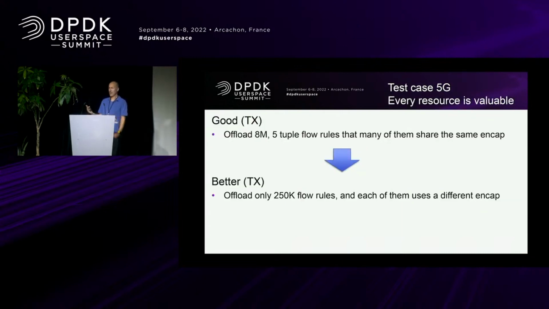Every resource is valuable, and this is a bit tricky. Until now, it was relatively straightforward. Like we said in the TX, we want to encap. The encap is basically based on the sessions. We have only 250K sessions, while we have 8 million rules. What can we do to save this? So this means that we need 250K